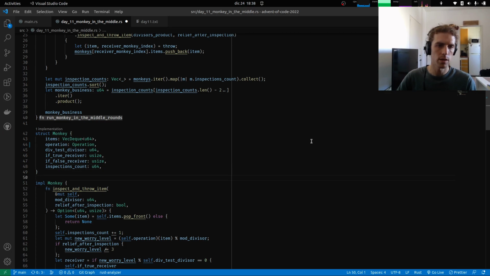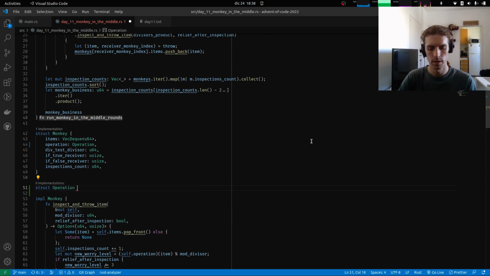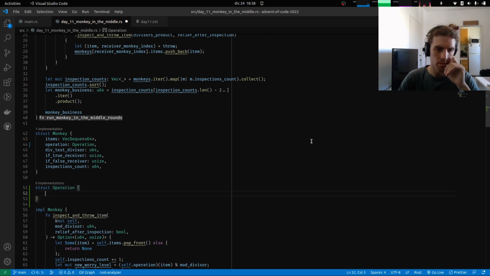And this operation, what will it be? Well, we could have, we're gonna have multiplication or addition, and maybe this could be an enum then. But actually, we're going to have the right hand side on both cases, and maybe we can even have